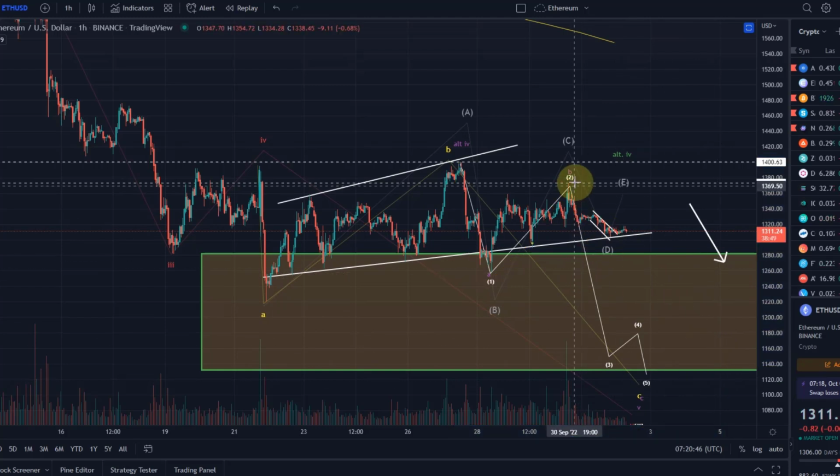But even here, for me, we need to see more of the impulsiveness to the downside. At the moment, this is not. It's only a 3-wave move, which would actually confirm the triangle thesis here. But all of them point to the downside. As I said before, only if we go above 1400 would I personally consider a more bullish interpretation, which means we go up straight away without making one more dip.